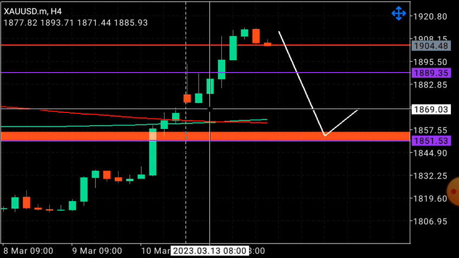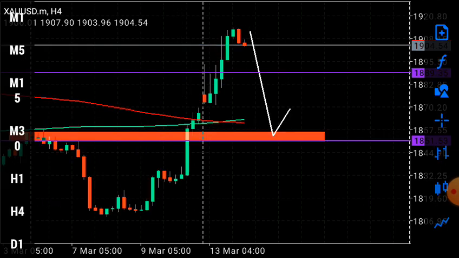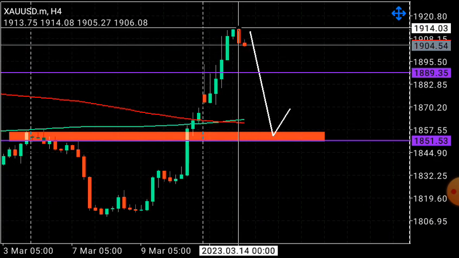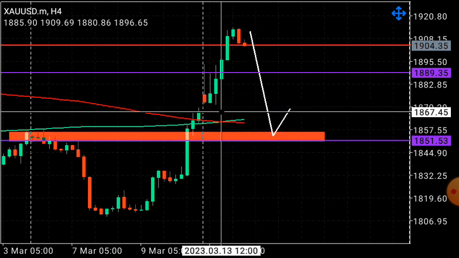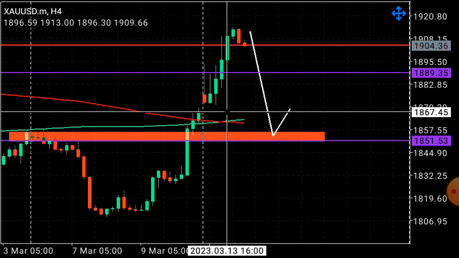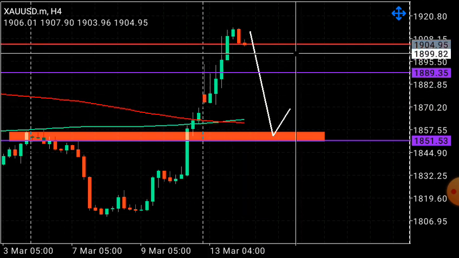Price hasn't closed the gap yet, so this is also a confirmation that we are determined to take this gold market to the downside. We need to close this gap. The gap needs to be closed, but we don't have a duration on the closing of the gap. It can be closed in the next couple of days, it can be closed even now, just a drop like a rock, or it can be closed during the event. But that's one of the confirmations that I have.